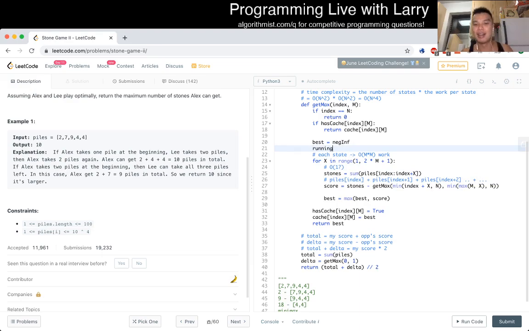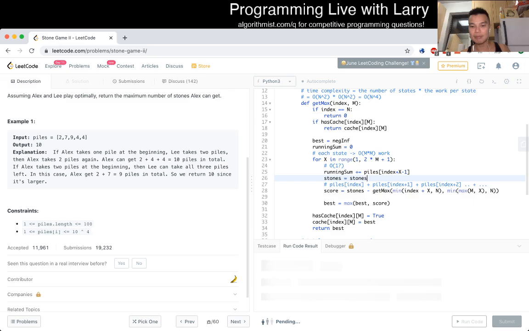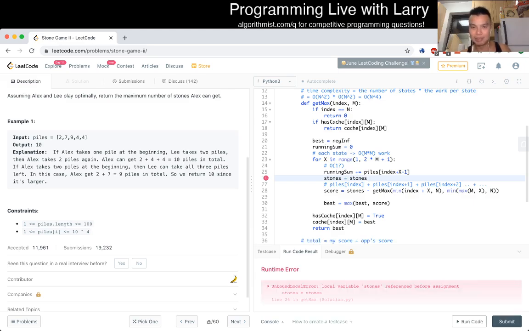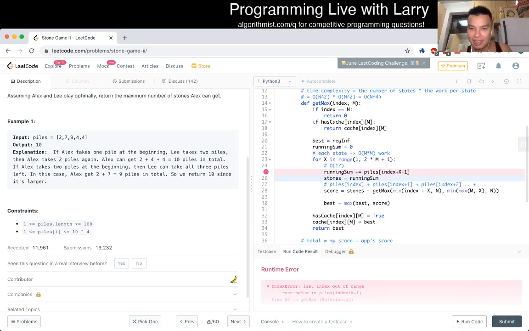So let's just do a prefix sum. Let's say winning sum equals 0. Winning sum is added by powers of index plus x minus 1, and then this is just the stones. So basically what happens is that instead of doing the sum every time, we just add one element every time, right? Maybe I have an off by 1,